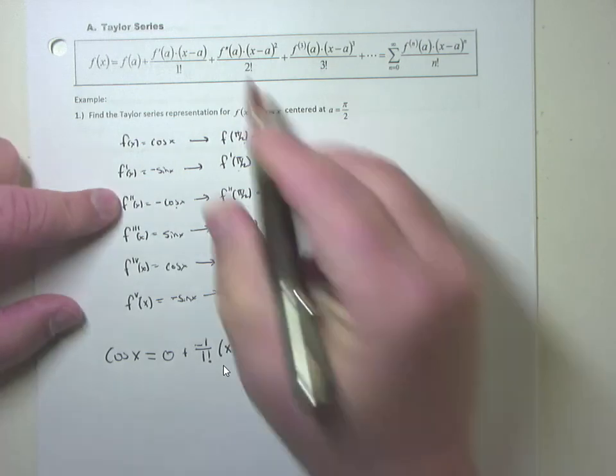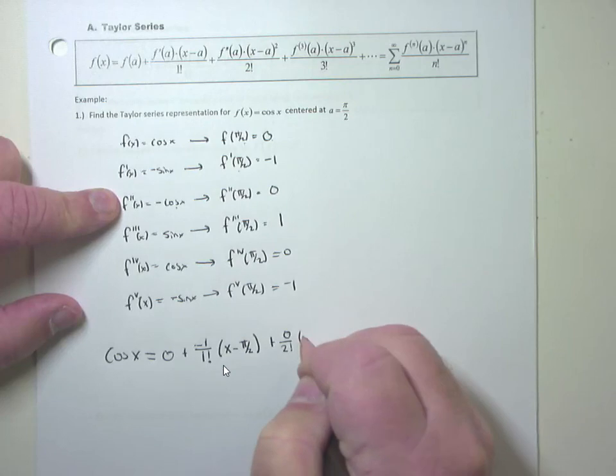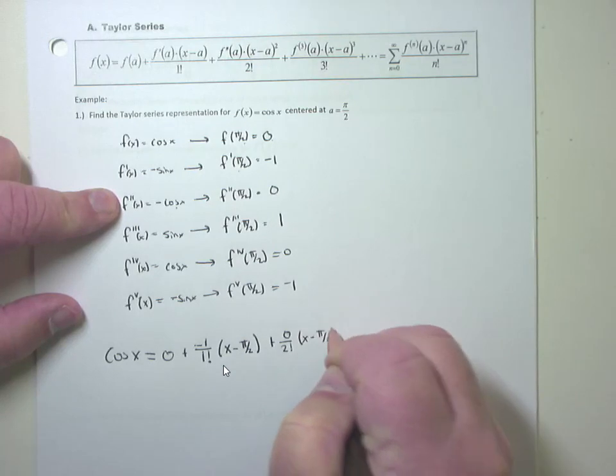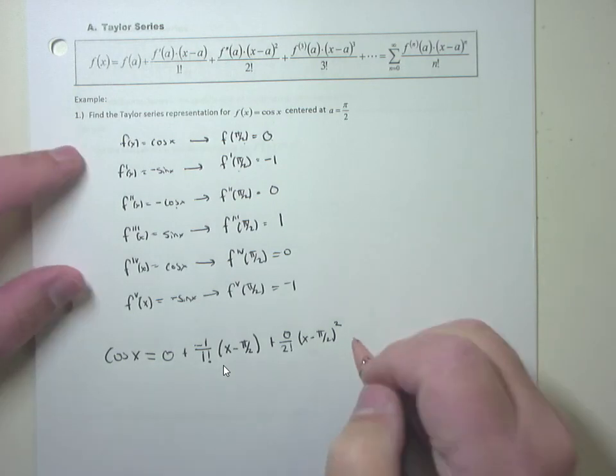Plus your second derivative evaluated at pi halves. That would be 0 over 2 factorial times x minus pi halves squared. And so I'm going to put in each term because I want you to see it. Even the 0 terms, I'm plugging in each one. So plus